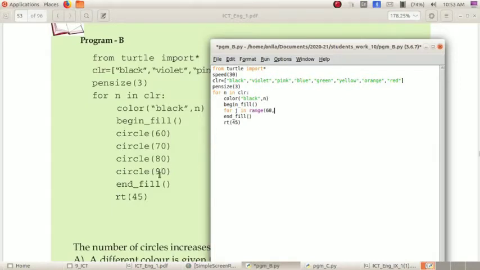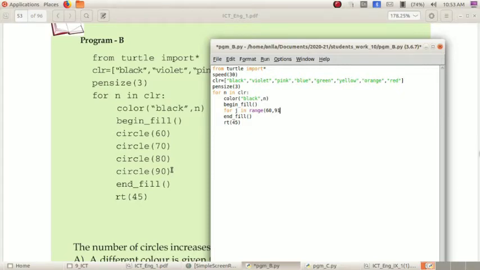So we want to give 91 as the limit. If we give 90 as the limit, this fourth circle will not work, because the loop runs to less than the limit. So here we give 91, then only it will access this code.